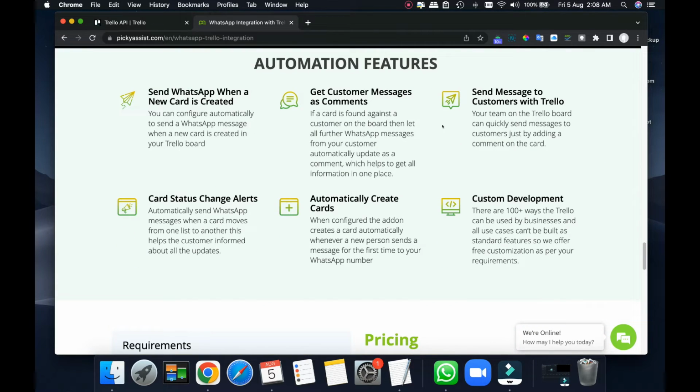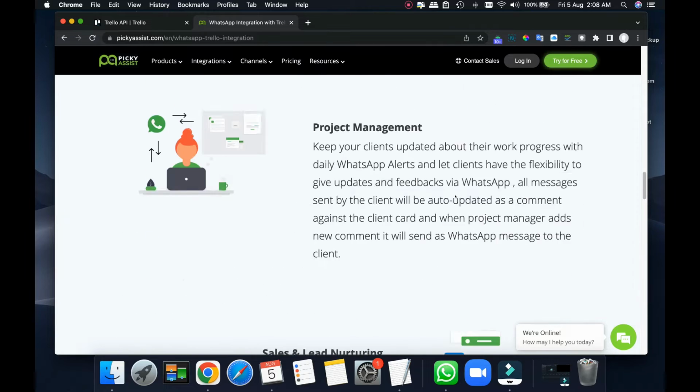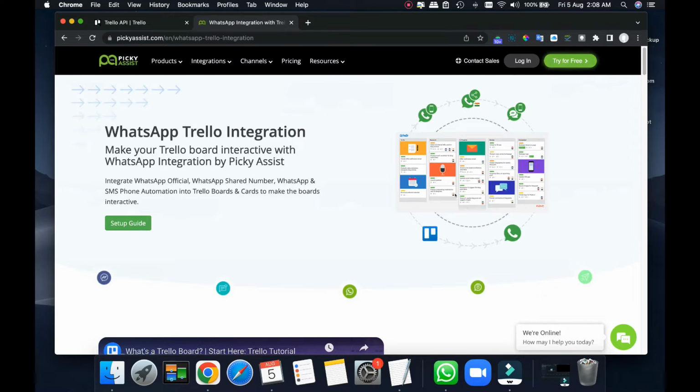So automation features are there. We will not get into the use cases or how Trello and WhatsApp can be used, but in this video we will focus more on how this can be exactly done. Okay, so we can click on the setup guide.